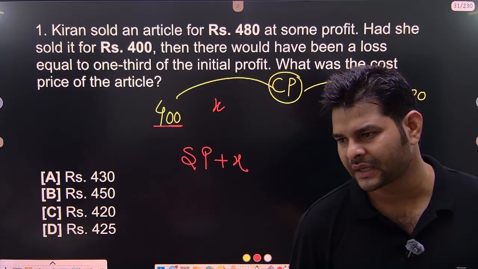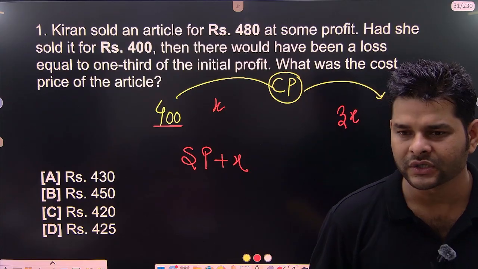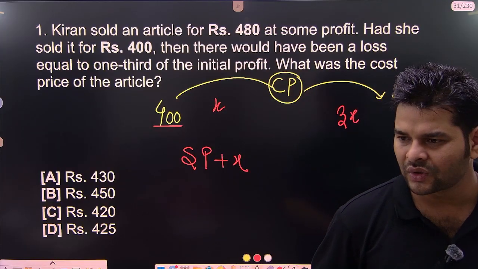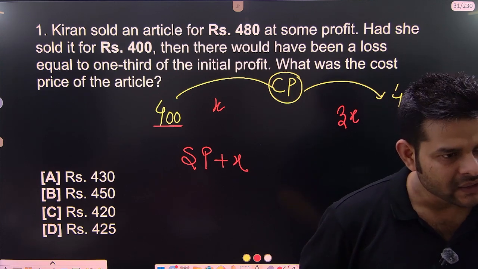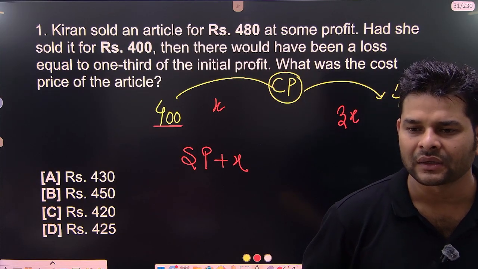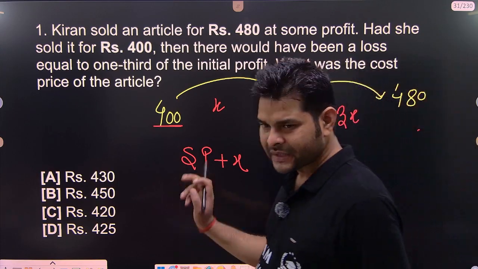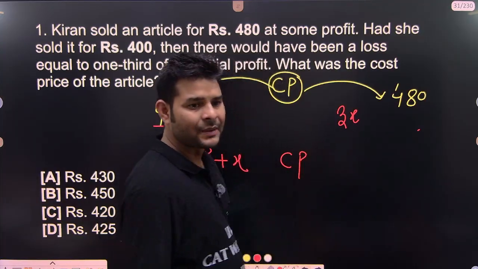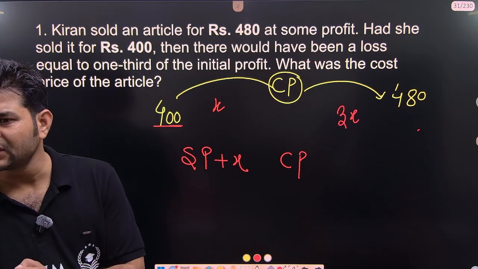800 रुपए की बेटा कोई चीज खरीदी, 300 रुपए का 500 की बेच दी, लॉस कितना हुआ? तो अगर मुझे 800 तक दोबारा जाना हो तो क्या करना पड़ेगा? 500 प्लस 300. 500 means what? SP, and 300 means what? Loss. So whenever we add loss to SP, we get CP. And whenever we subtract profit from SP, we again get CP.